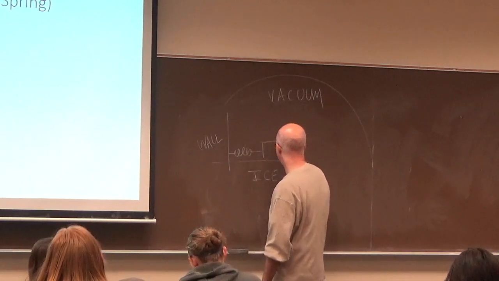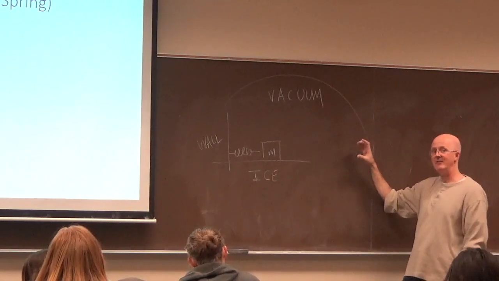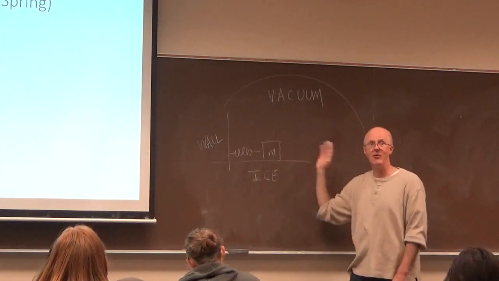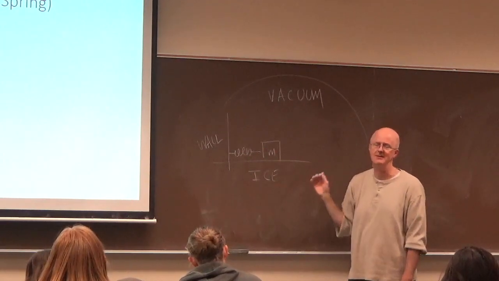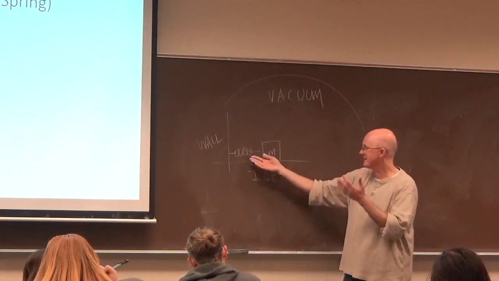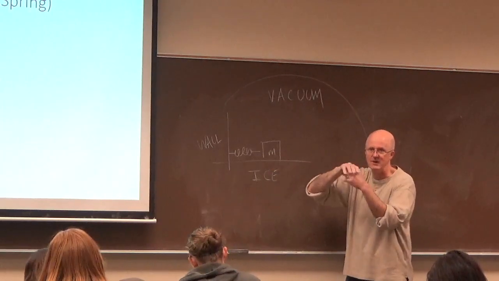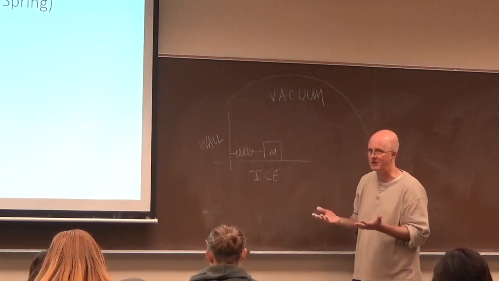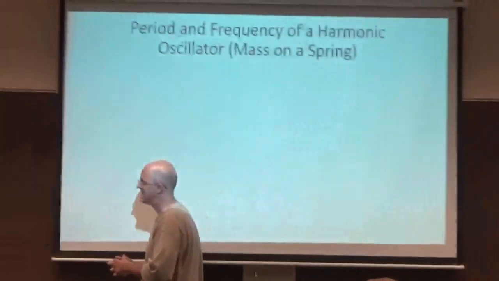Here's a spring and a mass attached to it. Grab the mass, yank it away from its rest position, and let it go. It's going to oscillate back and forth. Its position will be a sinusoidal function if there's no friction. Now, of course, there's still going to be friction here. There's going to be friction in the spring itself with its molecules rubbing against each other, so to speak. So you can't completely get rid of friction, but you can try to minimize it and use a sinusoidal function